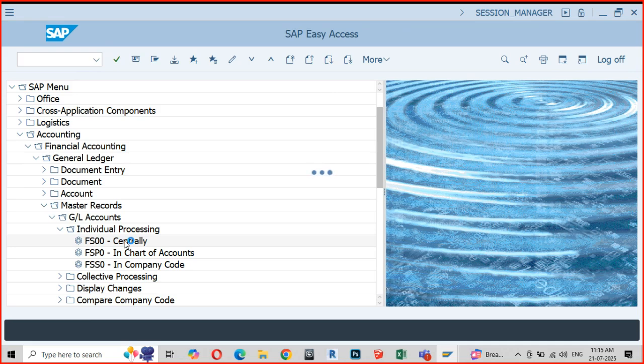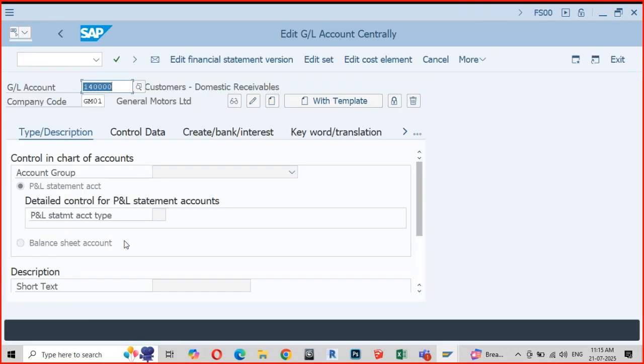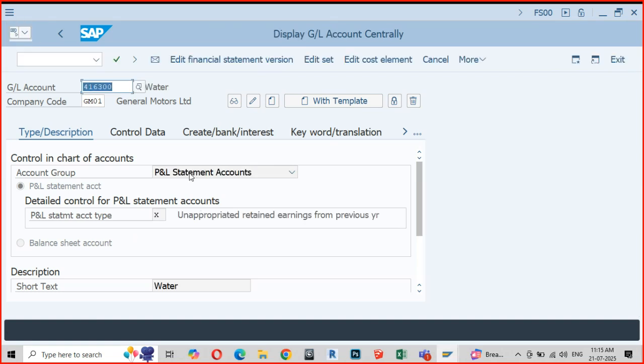Now in this case, I'll pick up some random P&L general ledger account, 416300. See, it is a P&L account statement. This GL account is for quarter expenses. The character of this general ledger account is a profit and loss account.